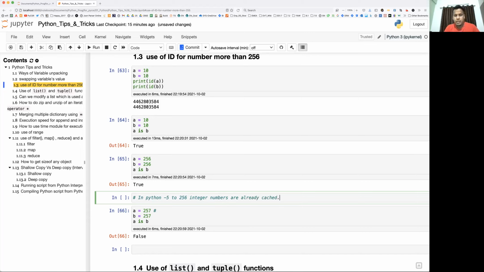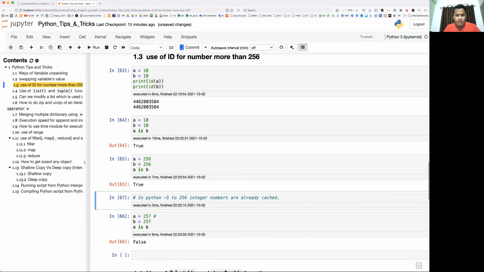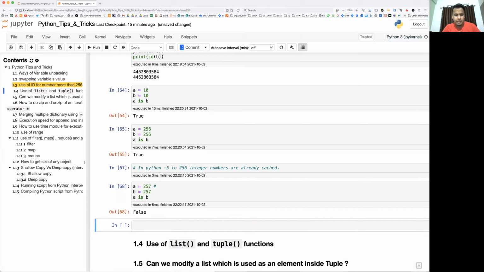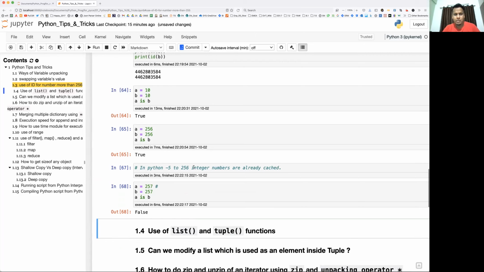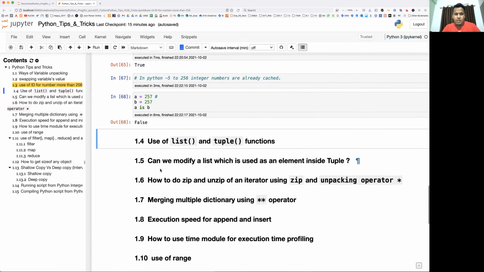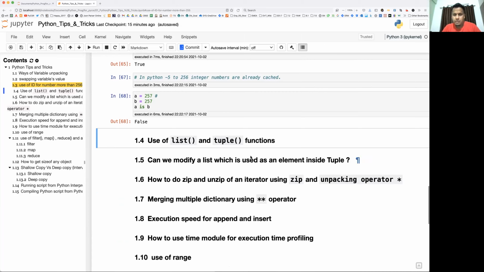So whenever a user is querying those numbers which fall between -5 and 256, they are going to get the same memory location. And this is the reason you are getting False here, because 257 is greater than 256. This is a very tricky thing, and people should know why and how it happens. It may not be asked in an interview, but you should know. Okay, let's see what is the next item here.